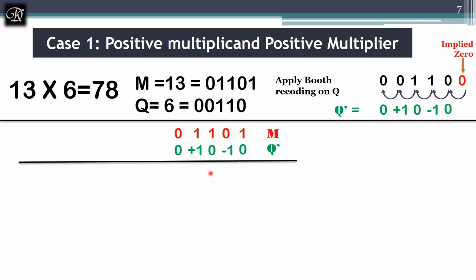This is the first rule of your Booth algorithm. So what I will do now, I will be multiplying M with 0. So now the answer should be 0, but that I have to represent in 10 bits. That is what I have done. And you have to see here, these 4 bits are from the number 1101. 1101 is multiplied over there.